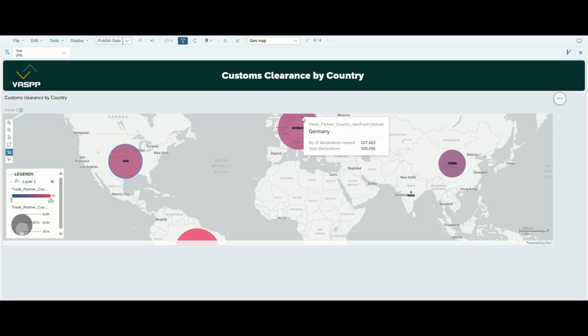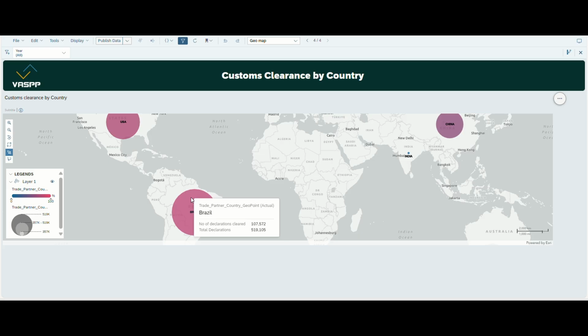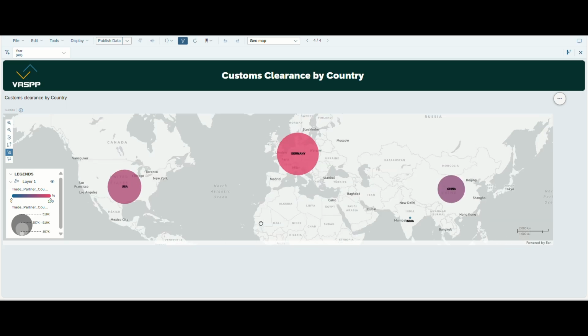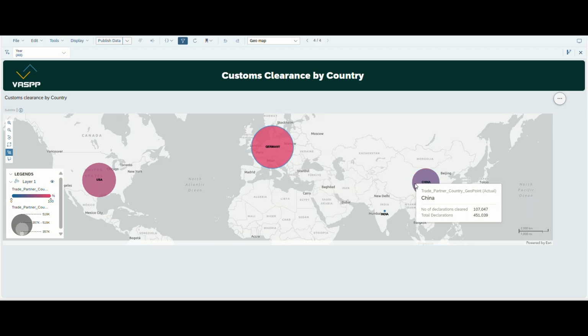For example, Germany and Singapore show high clearance efficiency, ideal benchmarks for best practices. Brazil and Turkey, on the other hand, display lower clearance rates, pointing to possible documentation delays, local regulation challenges, or partner readiness issues. Use this view to